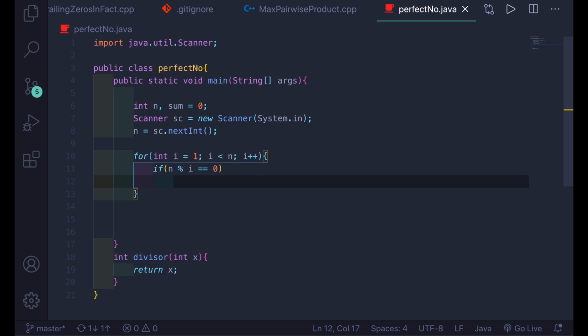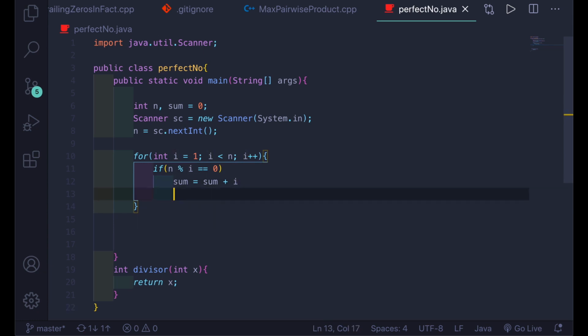So what we'll do with that i is add it to sum: sum plus i. Every time we get a proper divisor, we'll add it to the sum variable. We don't need an else condition here.